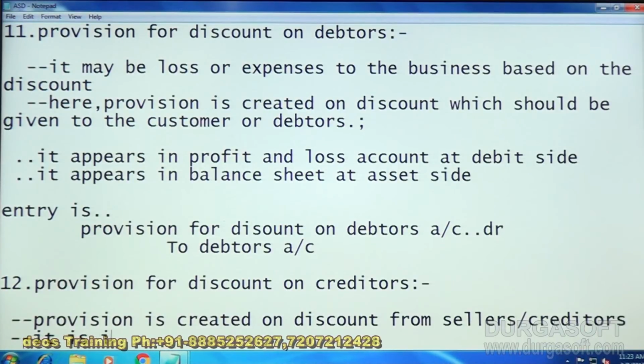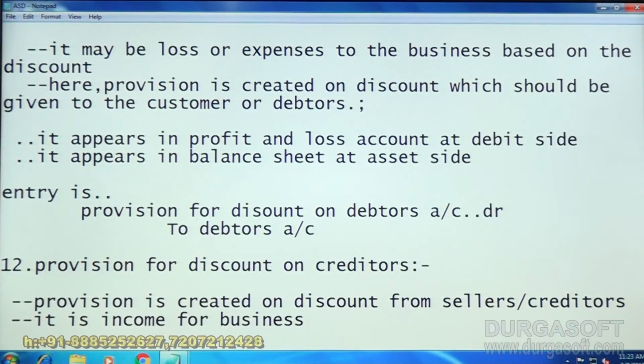It is income for the business. For us it is income only, if we receive any discount. Okay,